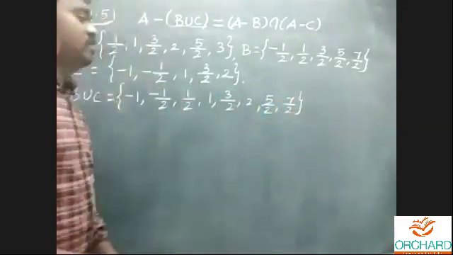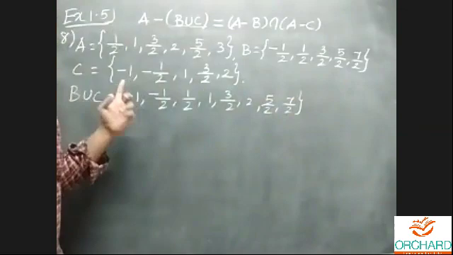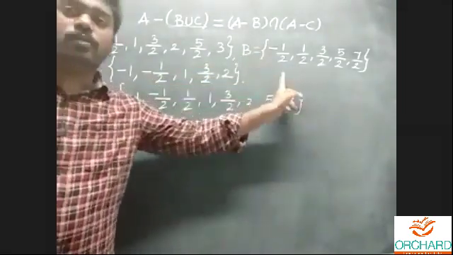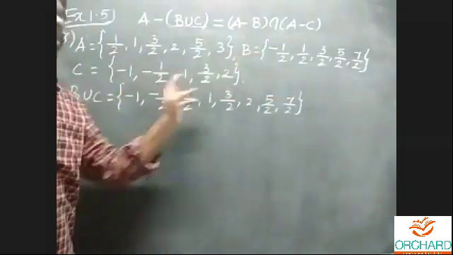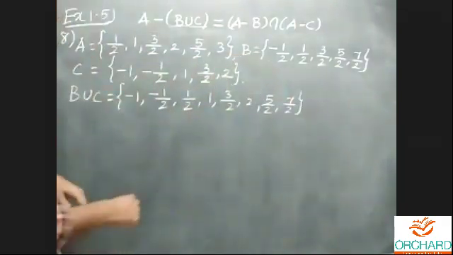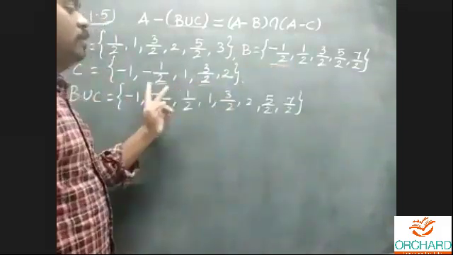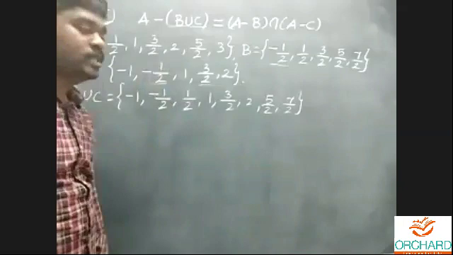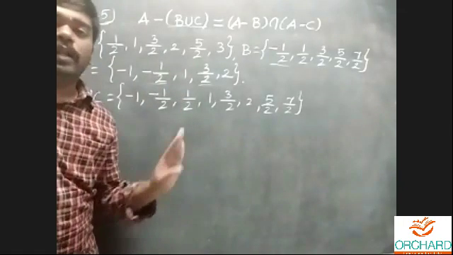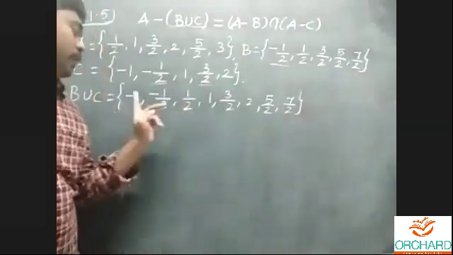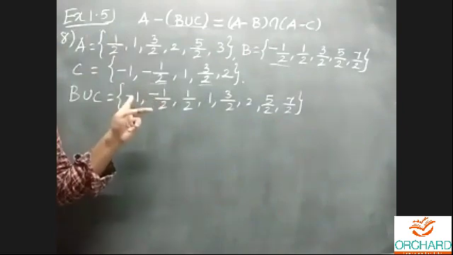Suppose it is difficult to write down the elements in order. No problem. Write down the elements of set B fully first. And next, repetition of elements is not allowed. Which are the repeated elements? Minus 1 by 2 and 3 by 2 are repeated. Only those two elements you can skip and write down the remaining elements in set C. This is the idea. If you know how to arrange the elements in order: minus 1 by 2, 1 by 2, 1. Actually, this also is not in order. First minus 1 by 2.